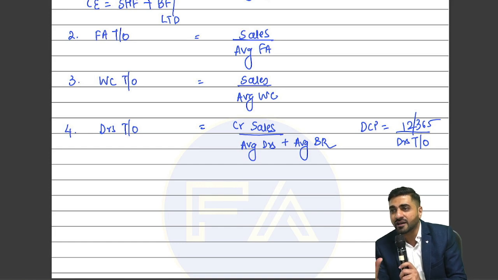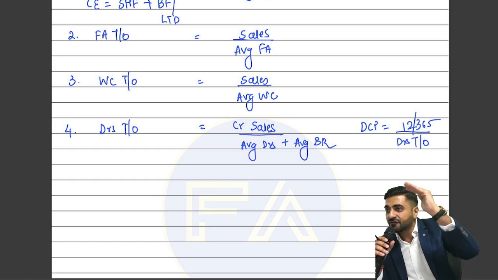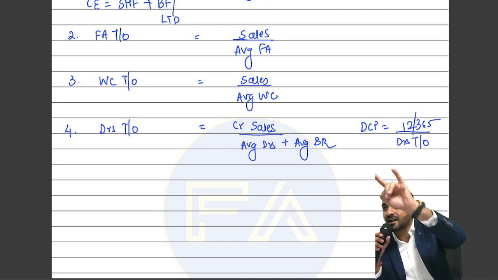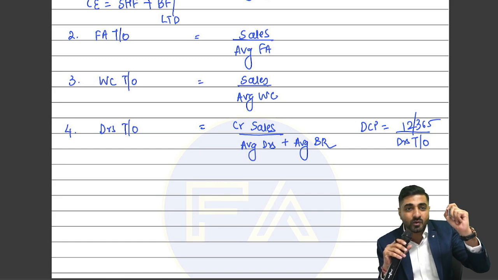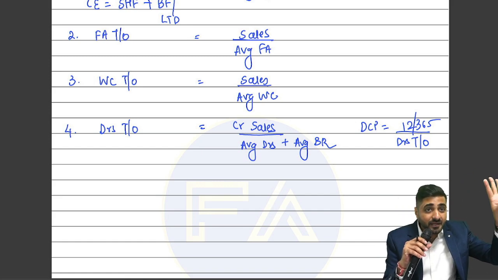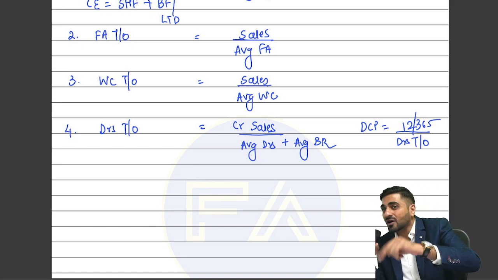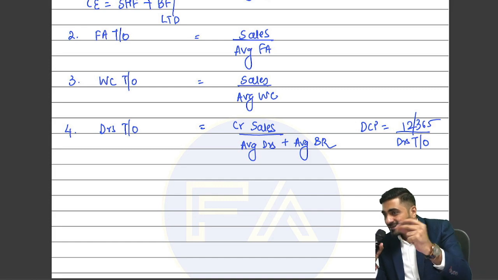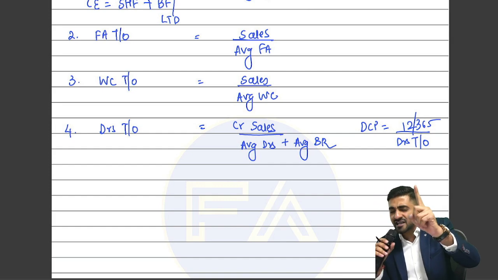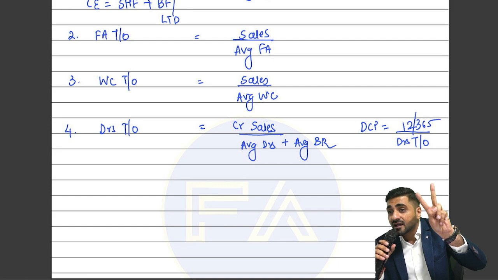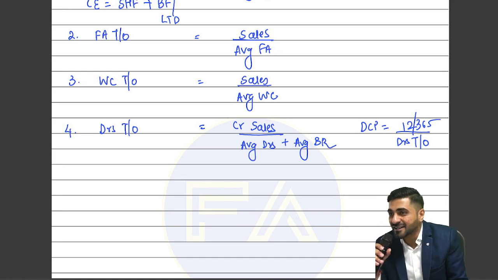Okay, so from now on, whenever I tell you what is debtors collection period, you just have to tell me 12, 52 or 365, divide that with what, beta? Debtors turnover ratio. Okay, so now everyone please quickly tell me, if my debtors turnover ratio is 4 times in a year, it means debtors are getting converted into cash how many times in a year, guys? 4 times. So what's the debt collection period I'm offering? 3 months, right? If debtors turnover ratio is 6 times, 2 times, 12 times, can I say 1 month is my debt collection period?